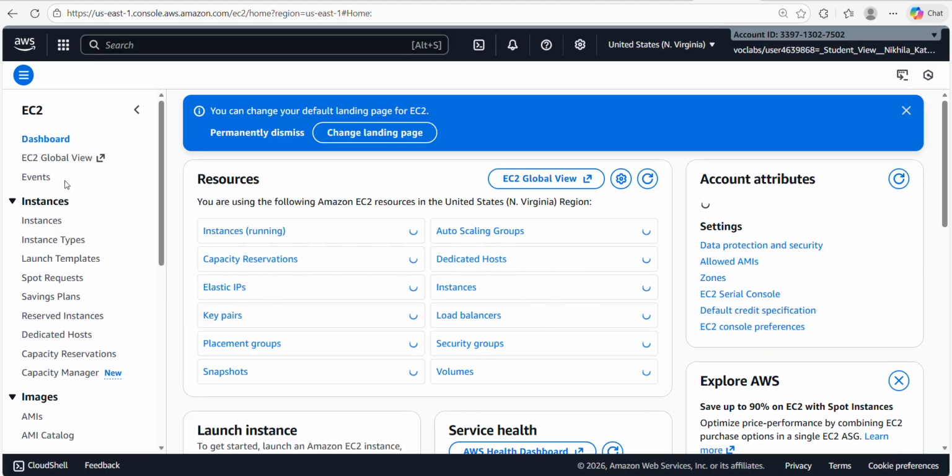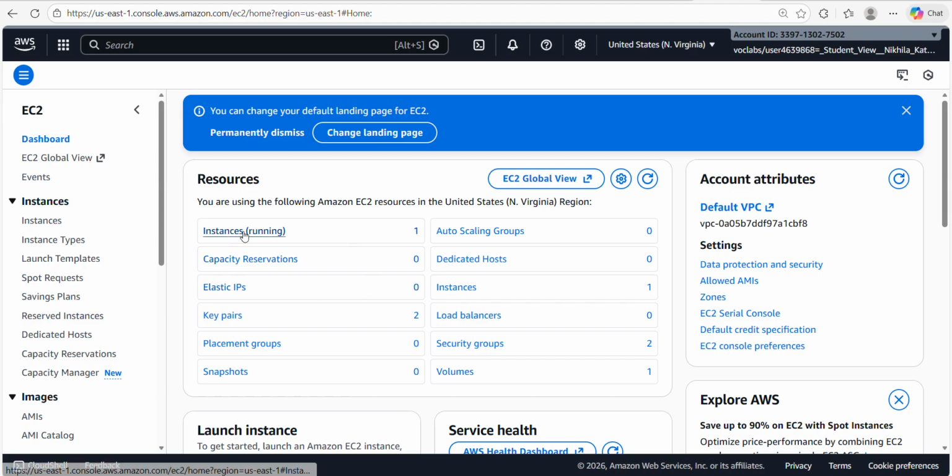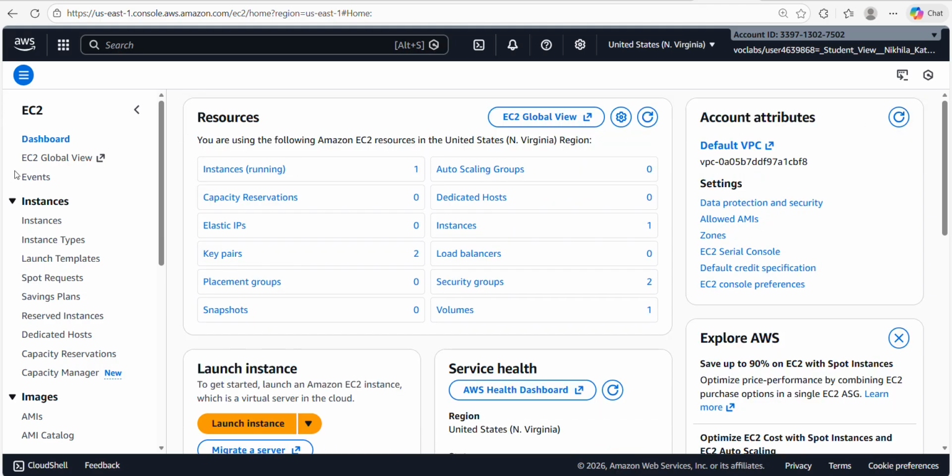Click on EC2. In the dashboard, you can see one instance which was launched previously, of Windows. For that instance, we have created a key pair and a security group. So that is the reason you can see, instead of 0, some value over here. Now, if you want to launch an instance of Linux, on the left hand side under instances, you can click on instances,